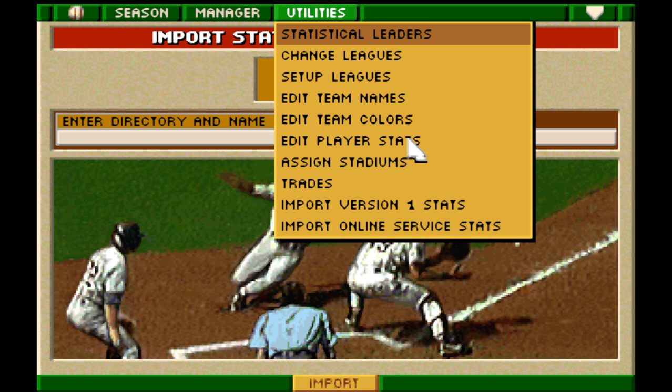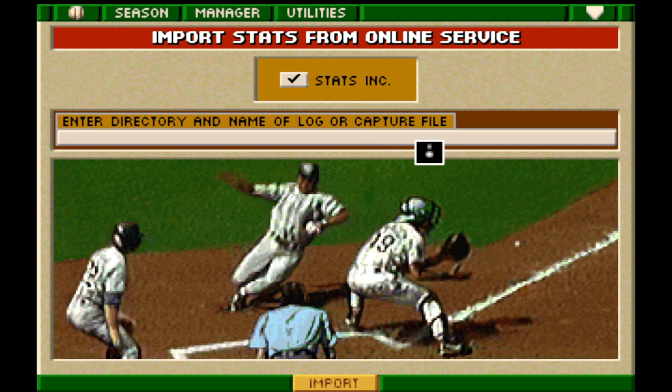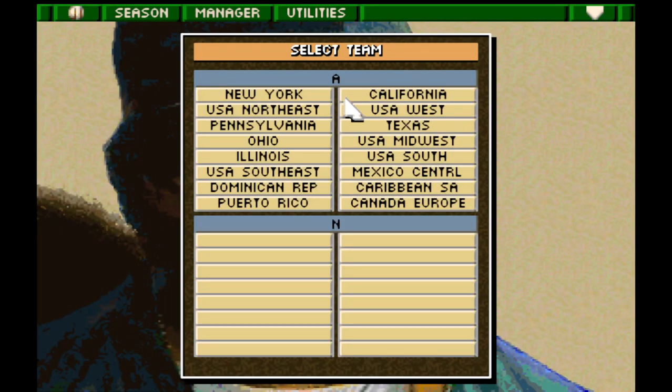So not having that, what we will need to do here is edit player stats under the utilities menu. We're just going to do this for demonstration purposes anyway. So let's select, these are teams that I created for my Retro World Baseball Classic article. I think it was every 20 years, I took the top 40 players from different regions, based on where they were born, and assigned them to different teams here. So if I pick Canada, Europe,